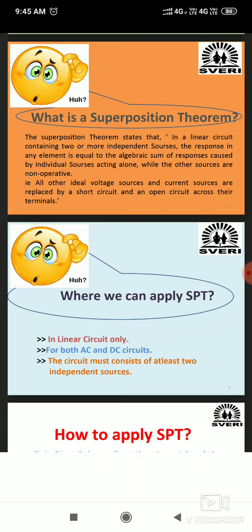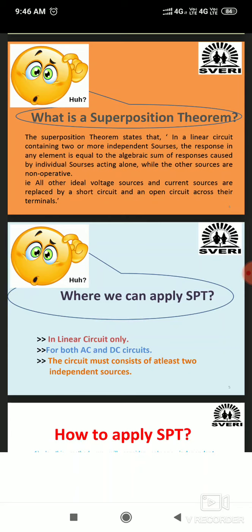Okay, so in a linear circuit containing two or more independent sources, the response in any element. मग response म्हणजे काय, the response is nothing but either voltage or current. Voltage across any resistor, voltage across any capacitor, voltage across any inductor, voltage across any branch. Similarly, current passing through an inductor, resistor, capacitor, or a particular branch. This is called the response. I understand. So the response in any element is equal to